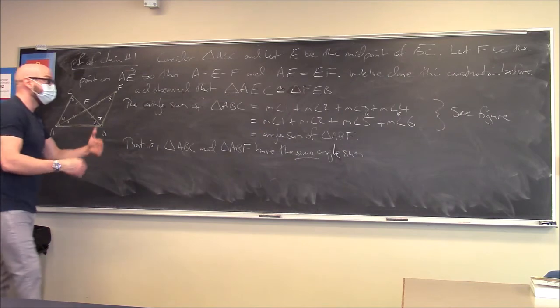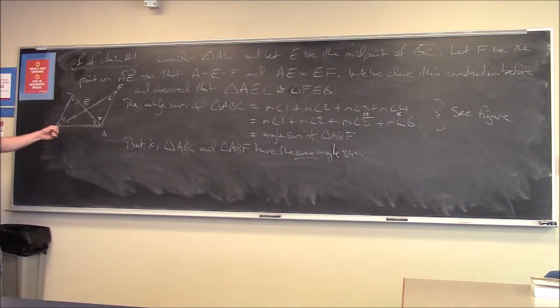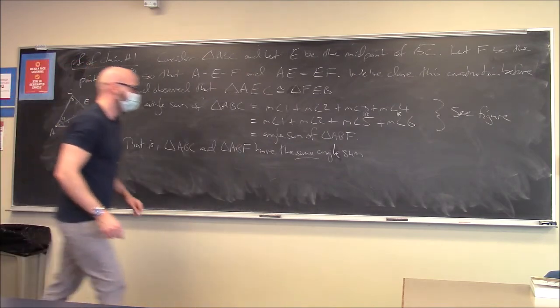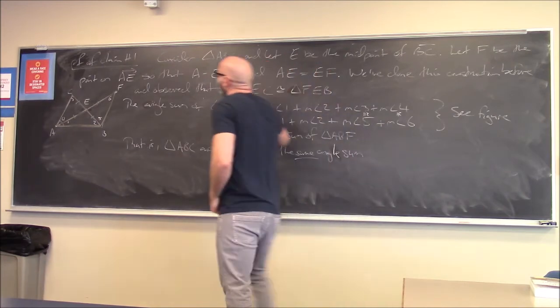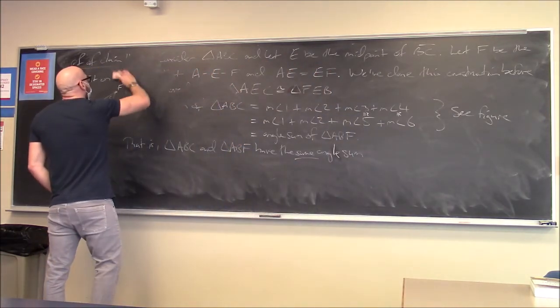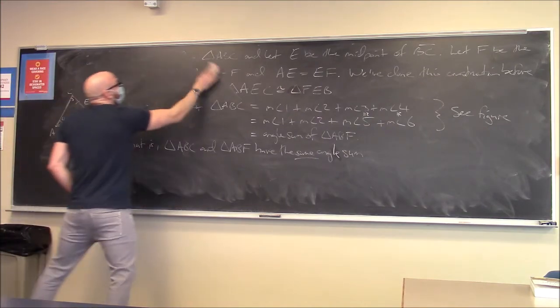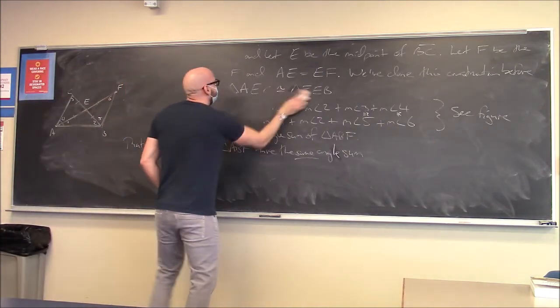Right, what am I trying to do? I'm trying to build a triangle with the same angle sum as the original, but where I shrink down one angle every single time. Where I shrink angle A down by at least a factor of 1/2. And my claim is that this triangle will do. So I just need to show that one of these angles has been shrunk down by a factor of 1/2 at least.